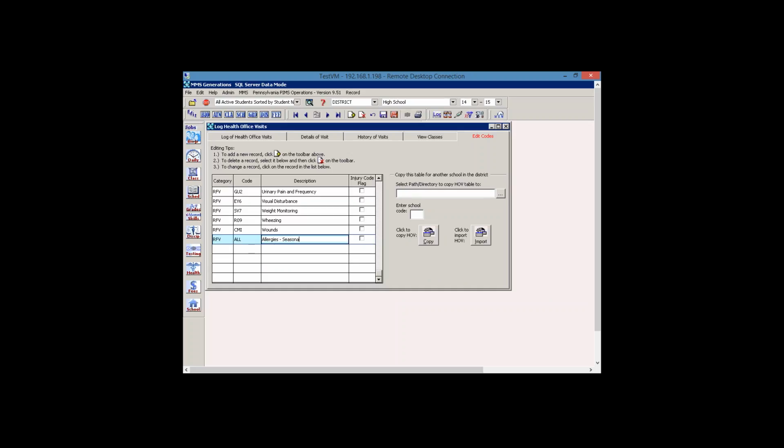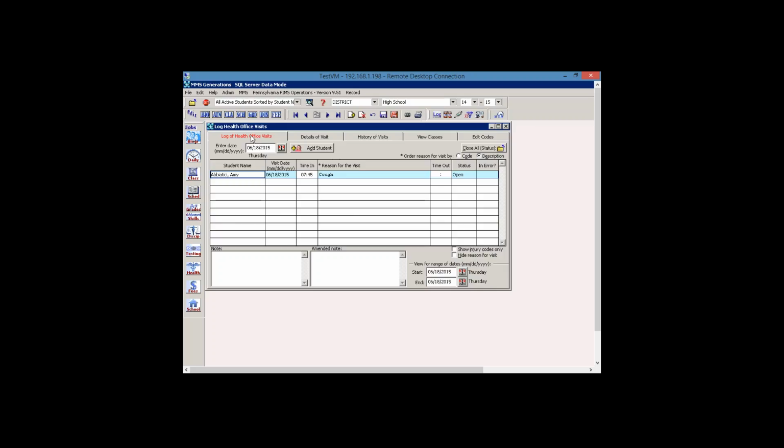Because I don't think I have that in my drop down at the moment. And then I can also save that, and it will add it to the list. So we can see what the different choices are by looking at these codes. And if I go down to my reason for visit codes, you can see that it added my seasonal allergies here. And if I go back over to the log of health office visits,